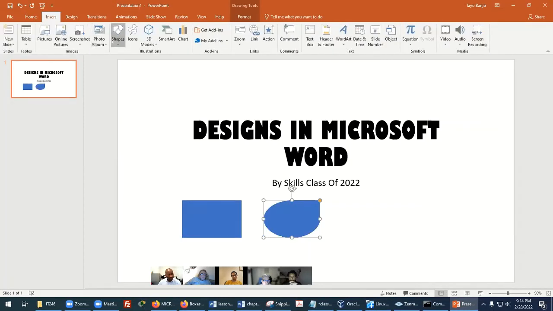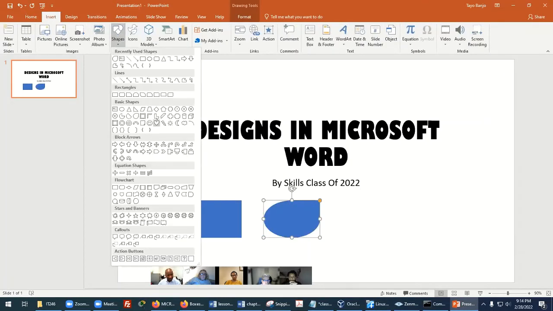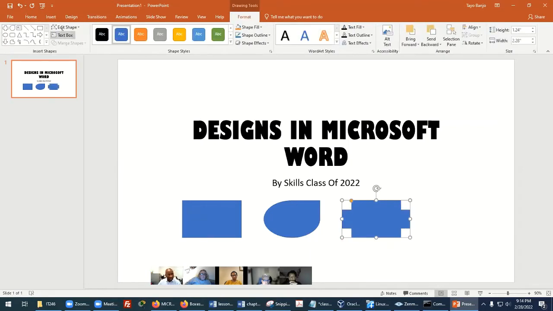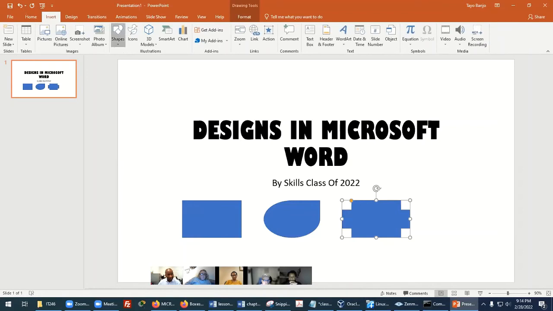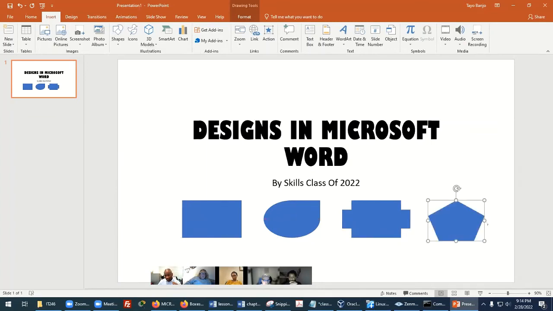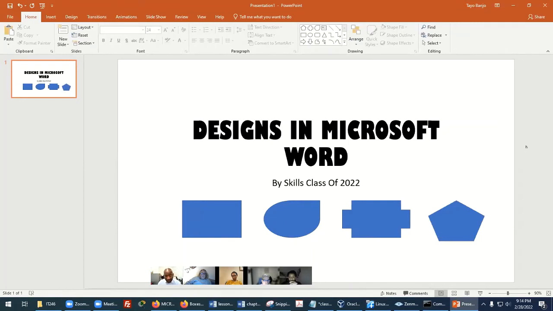Grab another shape here. And grab another shape here. So these are all parts of things that we've kind of worked on already. All right. So if I give this a different color here,